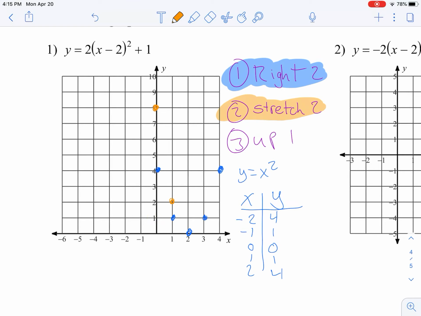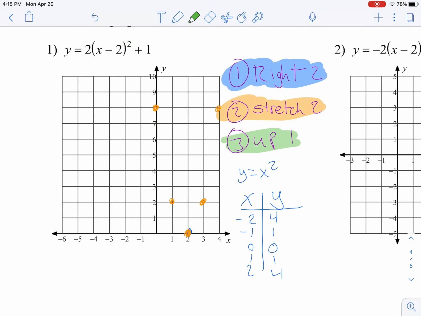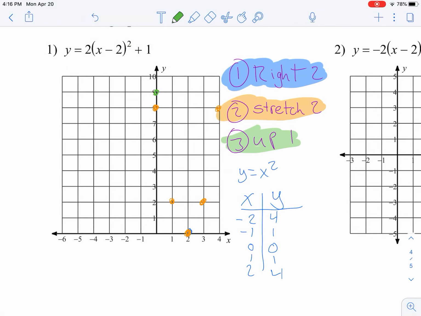The y value for this point is 0. 2 times 0 is 0. And then our y values, 1 times 2 and 4 times 2 is 8. So now my new set of points is in orange. And then my last step is to move up 1, and I'm going to show you that in green. So here's up 1. So after all of my transformations, this is my new